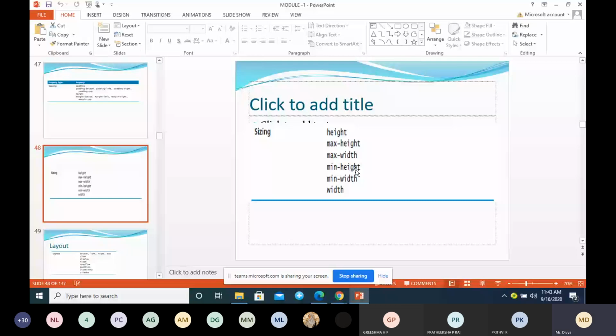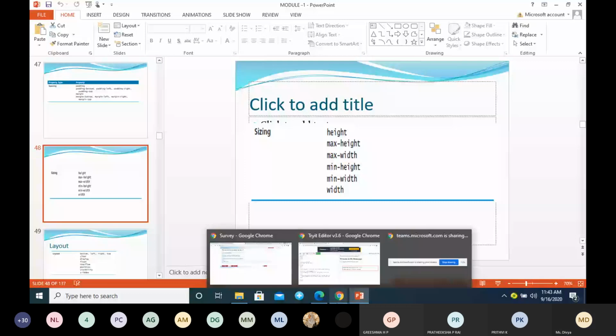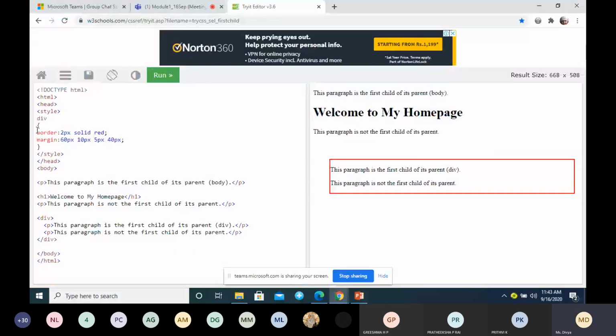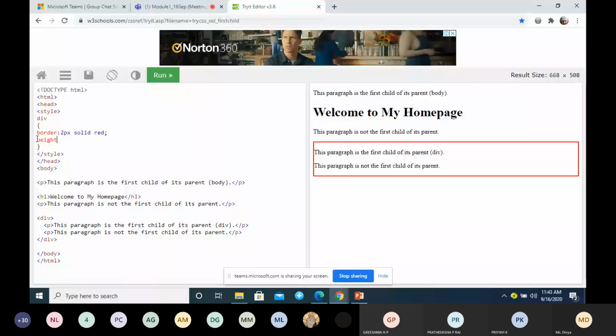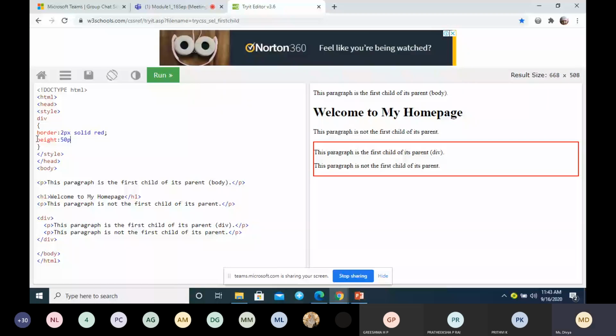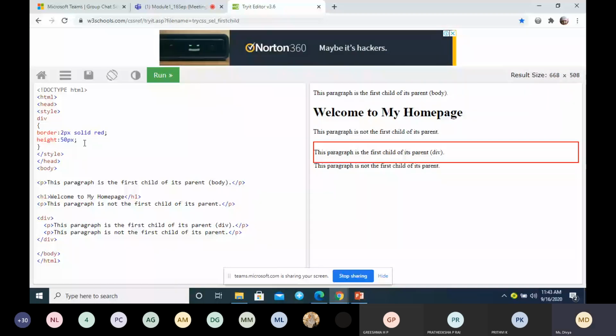Let us understand with an example. I'll remove this margin, and I will give height. For this div I have given the height as 50 pixels.